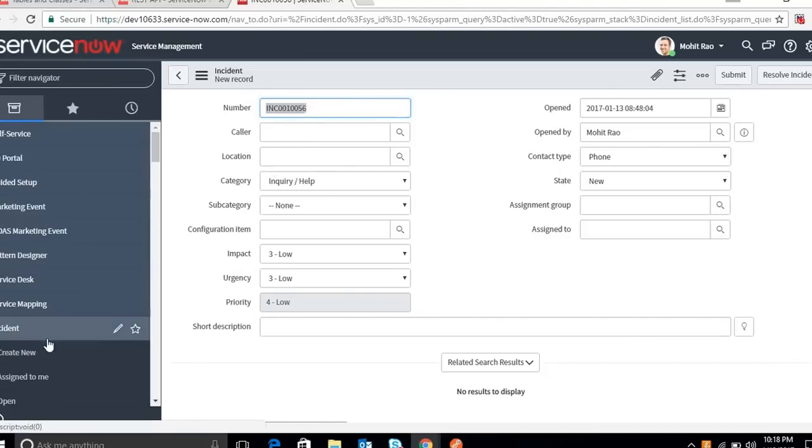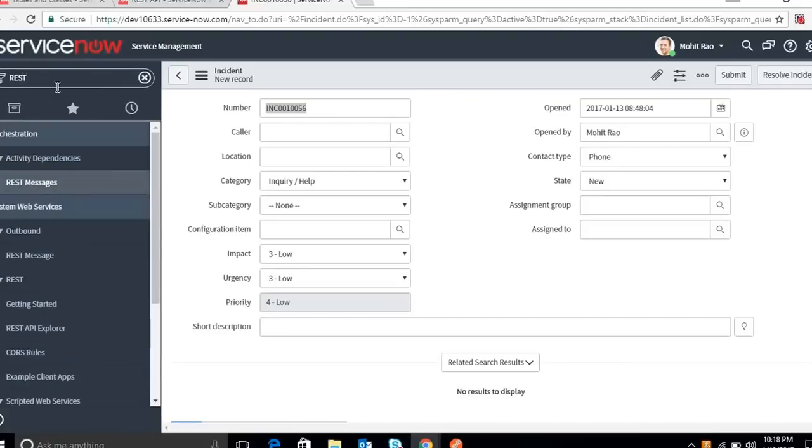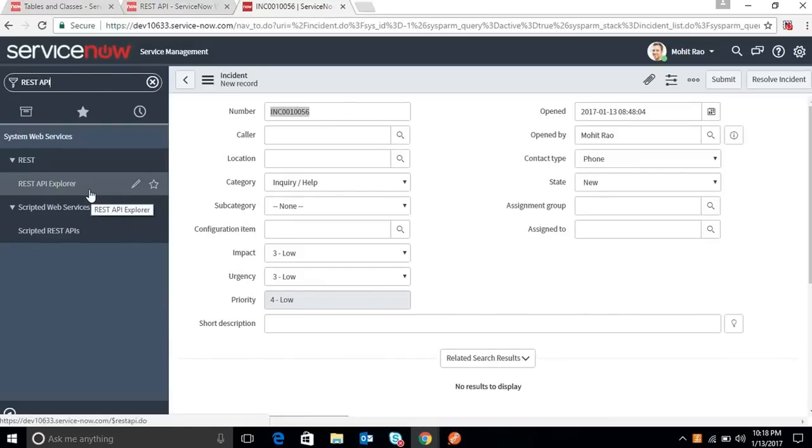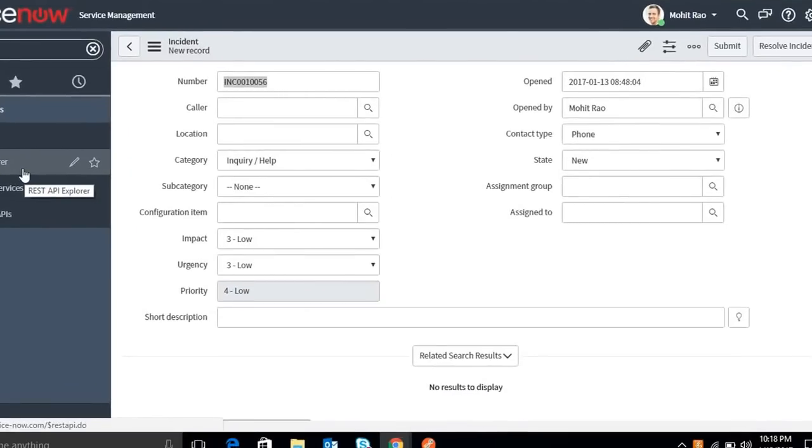So for those things, ServiceNow itself has a REST utility called REST API Explorer. You can see here, REST API Explorer. So I will recommend, before integrating with your code, before writing REST calls in your code or orchestration or wherever, it's better to test the REST APIs inside ServiceNow. Yes, they have the facility. Then what's the problem? Let's try that. I'll click on it.